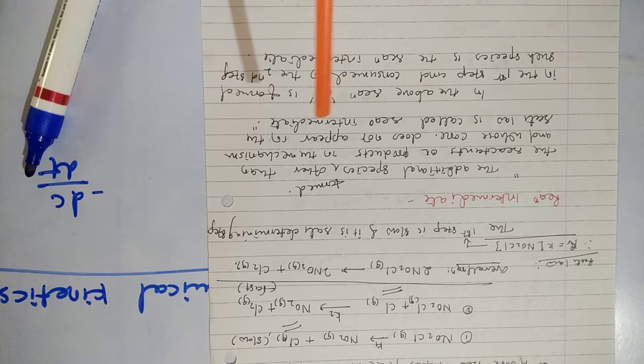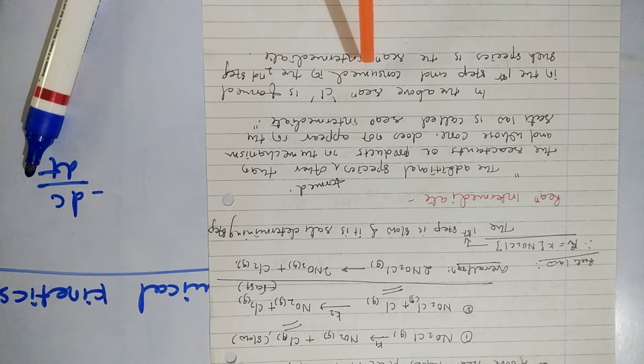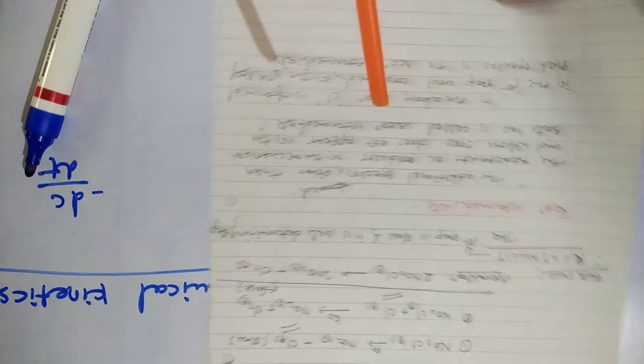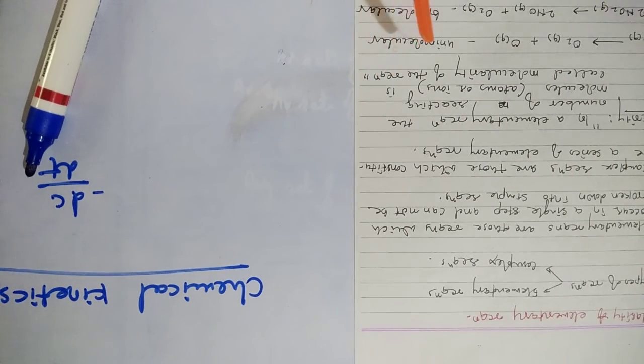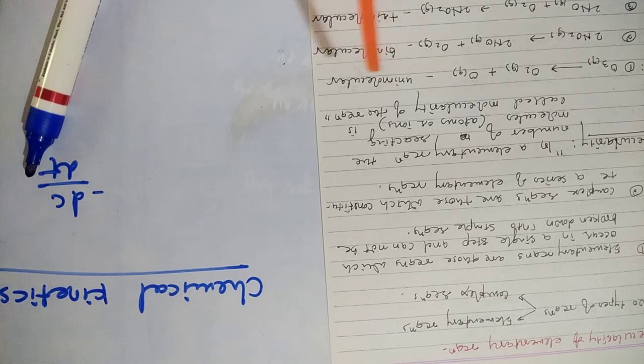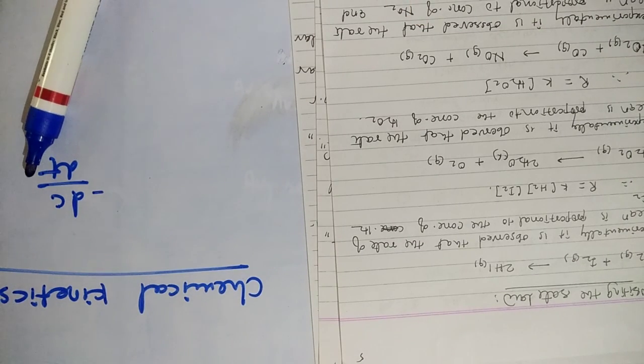So this is all about the rate determining step and reaction intermediate. So you just study all these points: rate and concentration of reactants, rate law, order of the reaction, and molecularity of the reaction, and how to write the rate law for a given chemical equation. So all these points you just study with the notes and go through the textbook also.